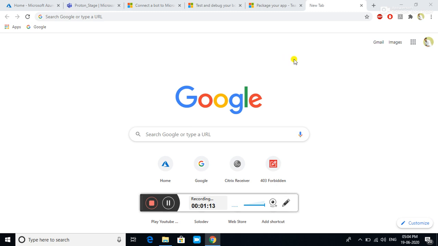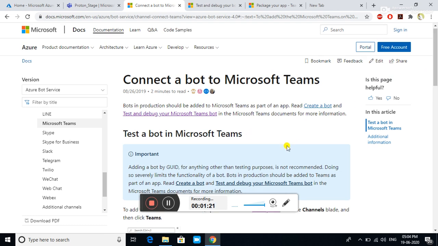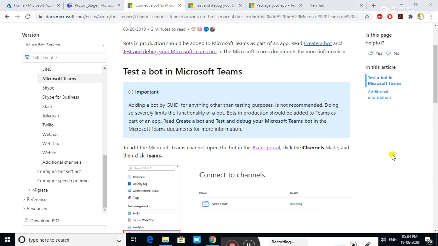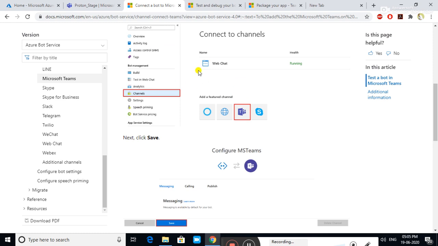You can also refer to the Microsoft documents; there are a lot of documents available regarding these steps, for better understanding of how to install your bot and use it within MS Teams. I'll put all the links in the video description, and you can find them from there.